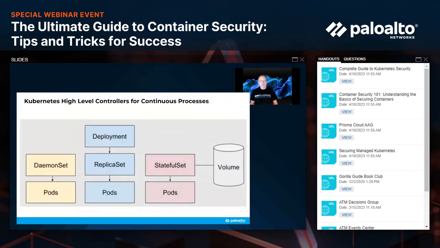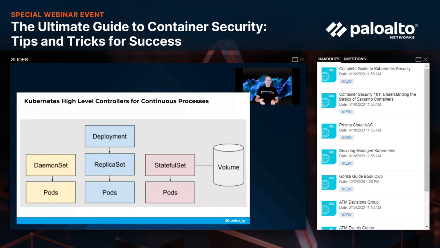3 flavors I always say. The middle one we just talked about, it's a deployment. Replica set, meaning there's more than one, could be one, but you can build as big as you want, horizontally scaling. On the left is a daemon set. I always look at daemon set as sitting in a single, I'll talk what a pod is in a second, sitting in a pod. It could be monitoring, it could be a network interface. We have firewalls that are actual containers that will sit as a daemon set in a cluster. I'll speak to that in a second, to allow traffic coming into your pod to go through a firewall or